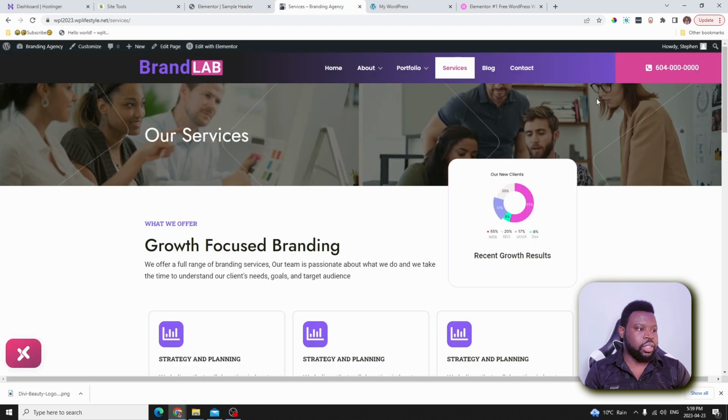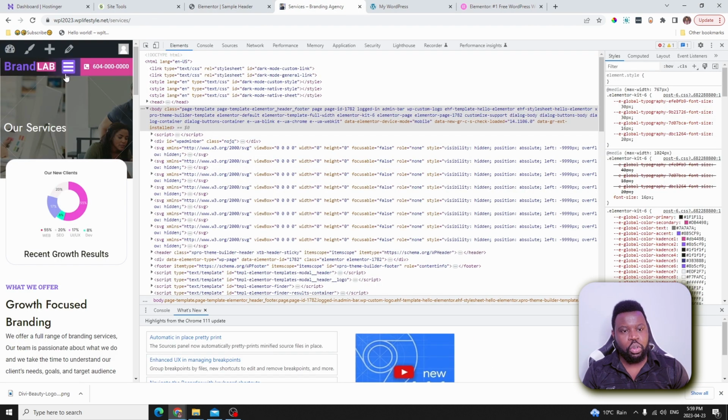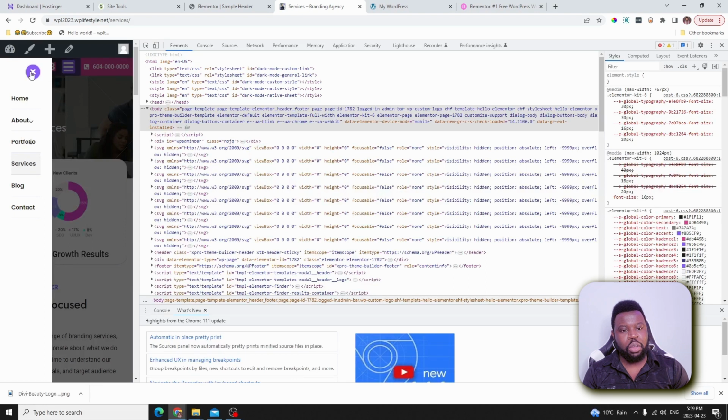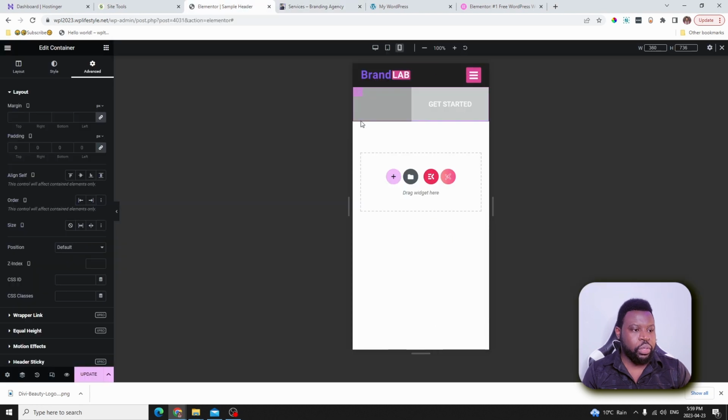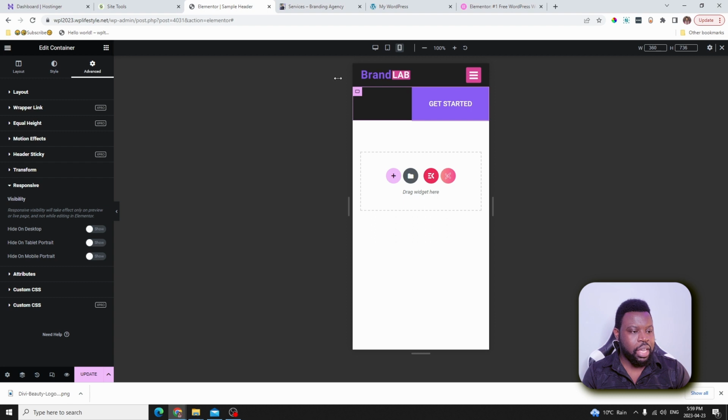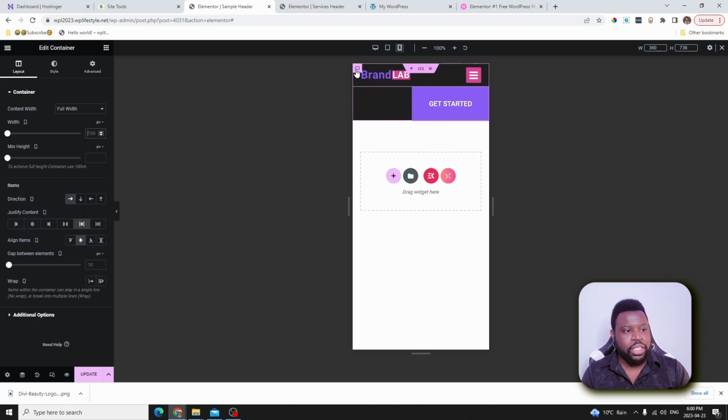And over here, you see what we have, the logo, we have the hamburger menu right here, and we also have the button right here as well. If you want to do something like that, it's very easy to do. So all you have to do is come back here, select the hidden container, go ahead and show the container again. Now we have the container. If you select this container, you can see that the width is 100%. Let's go ahead and change that to maybe 55%.